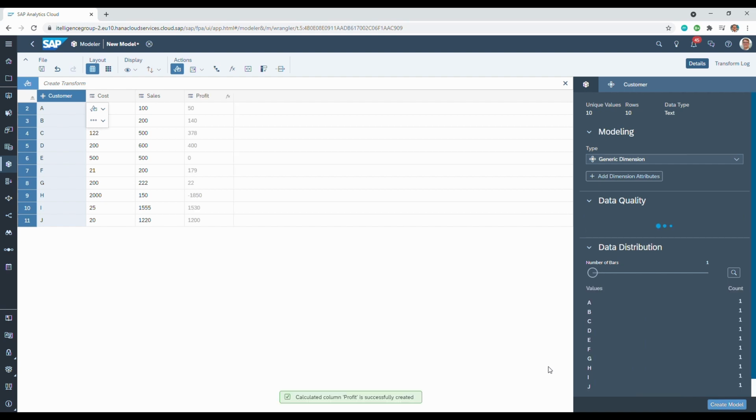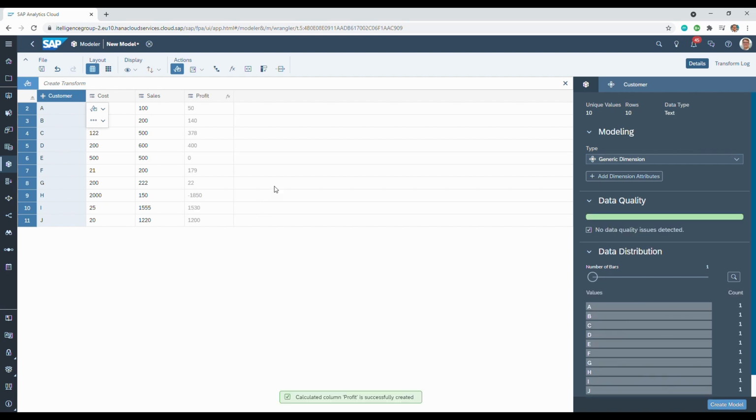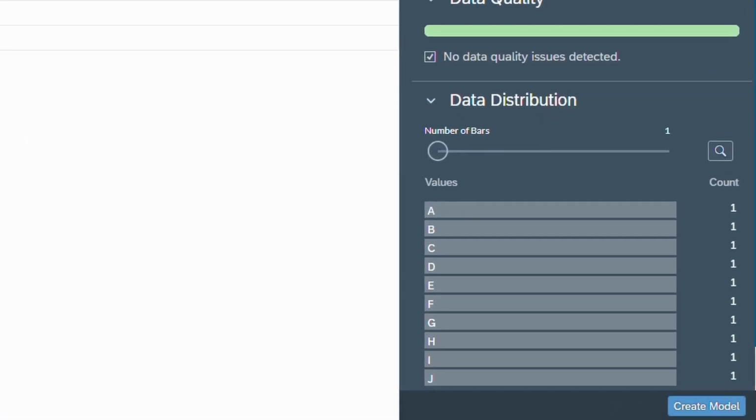So now I have combined a new calculated measure based on data from two different datasets. Once I'm done making the changes, I can simply save my model.